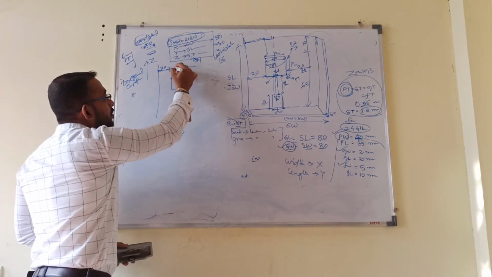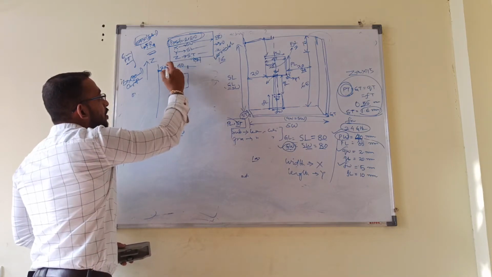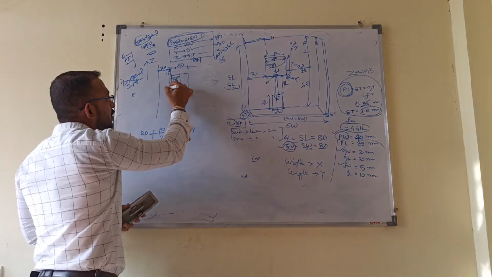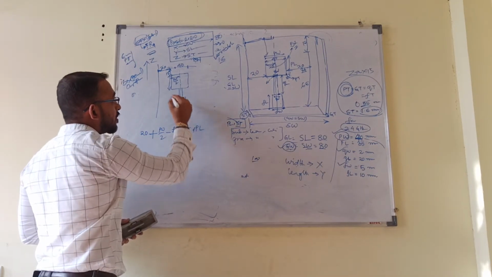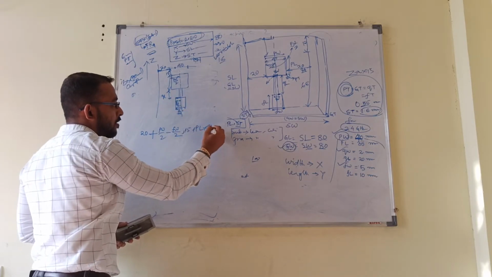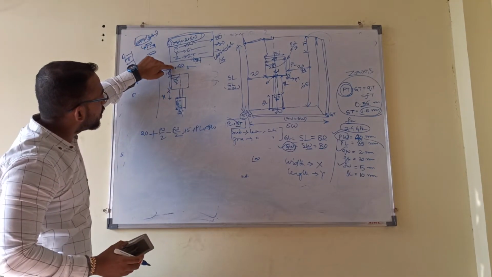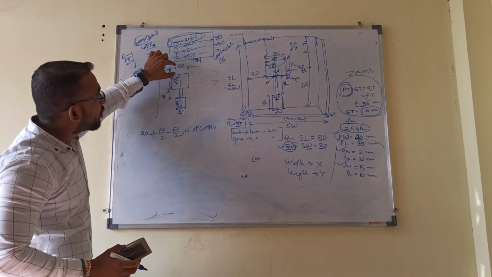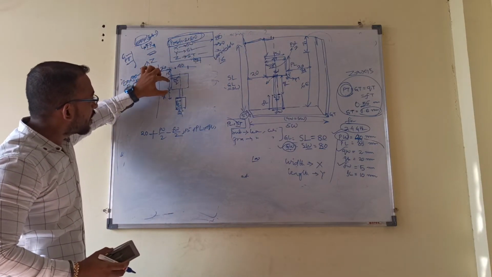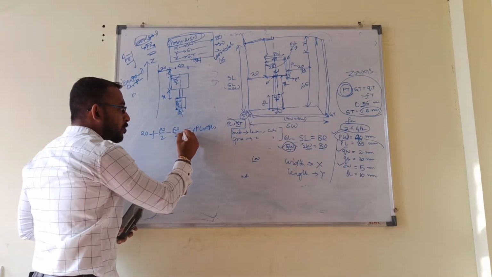Now I reached the x position, which means I reached this point. For the y position, this distance is nothing but 15. 15 plus patch length plus QL, quarter wavelength length. Yes or no? It means I reach this position, then I have to move a distance of 15 from my substrate, then the patch length, then the quarter wavelength length, so that I get a value at this point. This is the x coordinate and y coordinate.